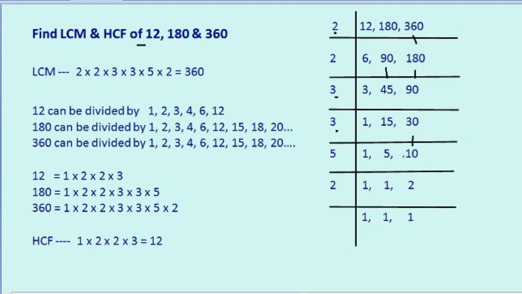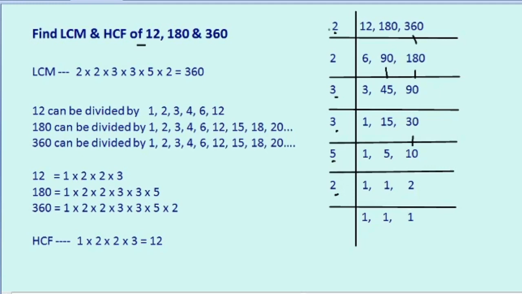Okay, now 5 and 10. 2 we cannot divide both the numbers. 3 is also not a factor of both the numbers. 4 is also not a factor. So we straight away move on to 5. This one we carry down as it is. Then 5 1s are 5, 5 2s are 10. Only 2 is remaining. So we divide the 2 also here.